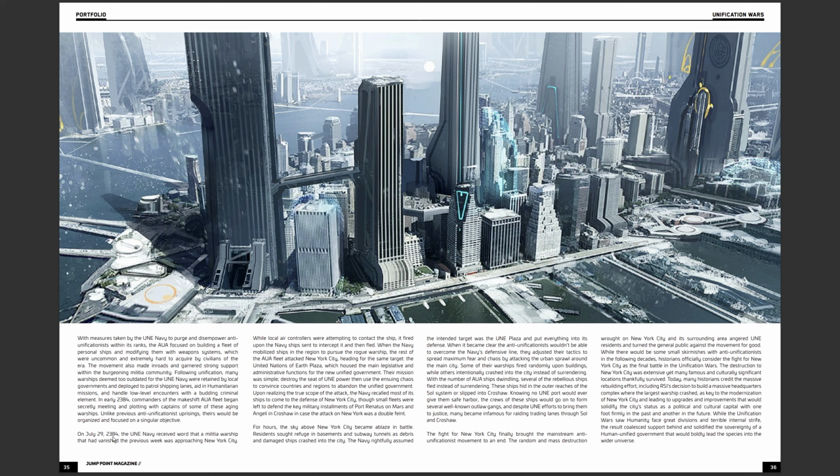On July 29, 2084, the UNE Navy received word that a militia warship that had vanished the previous week was approaching New York City. While the local air controllers were attempting to contact the ship, it fired upon the Navy ship sent to intercept it and then fled. When the Navy mobilised ships in the region to pursue the rogue warship, the rest of the AUA fleet attacked New York City, heading for the same target, the United Nations Earth Plaza,